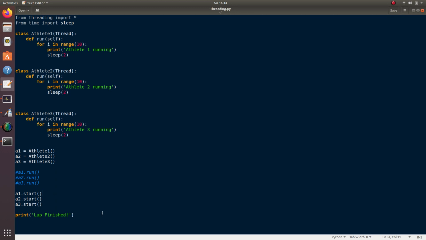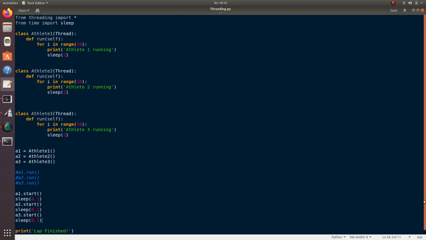So now after the start, which basically signifies the start of that particular class, I put a sleep here, and for the starting I have a delay of say 0.1 second, and here I have the same delay of 0.1 second, and here also 0.1 second, and 0.1 second.